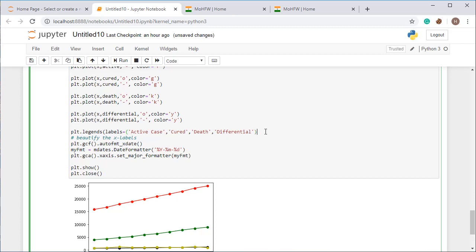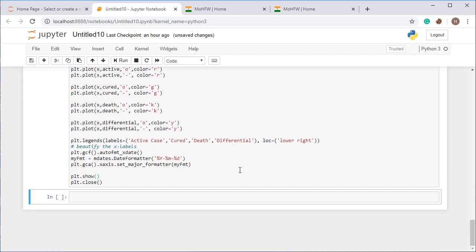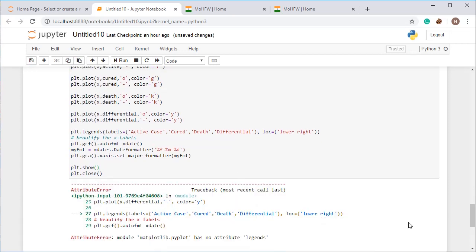The other thing is location, so LOC, and I want it at lower right, so I'm passing the value as lower right, so it will place it in the lower right section. When I run this cell, this one is saying there is no attribute for legends.